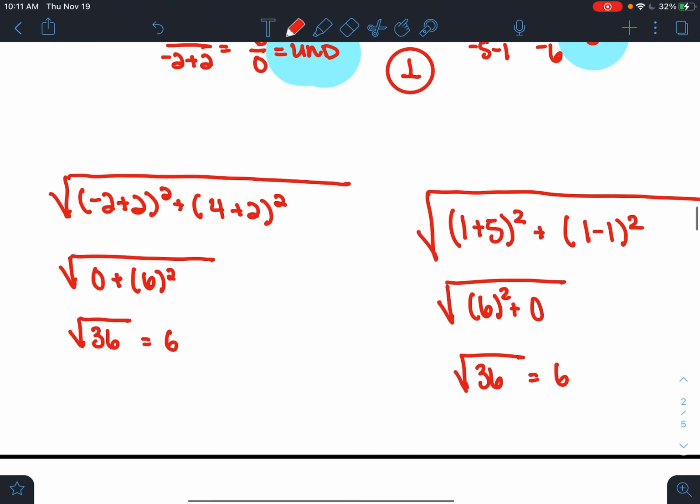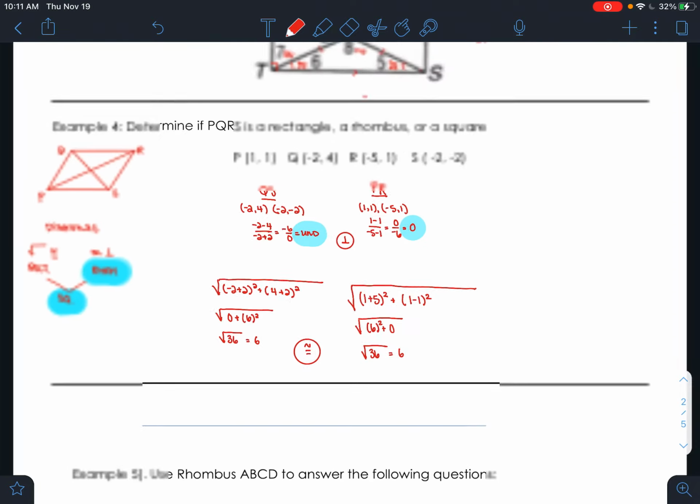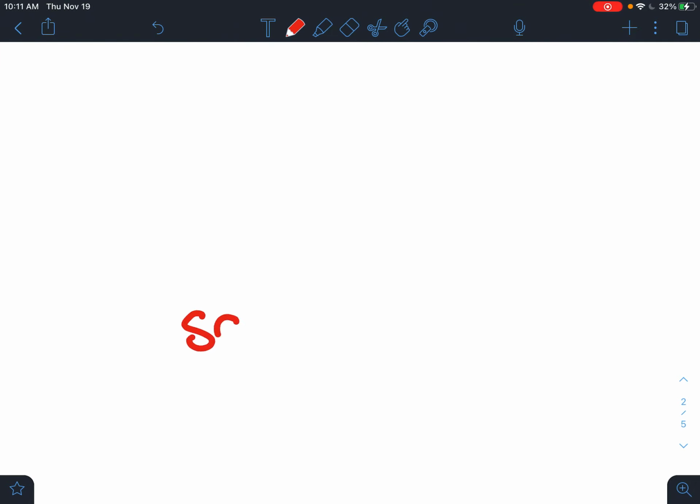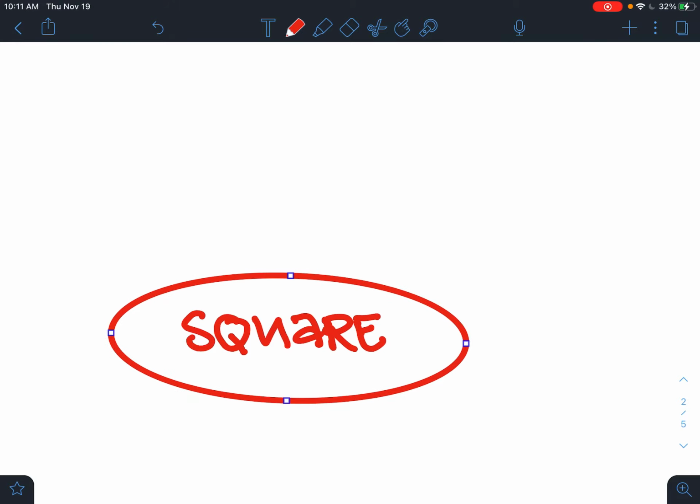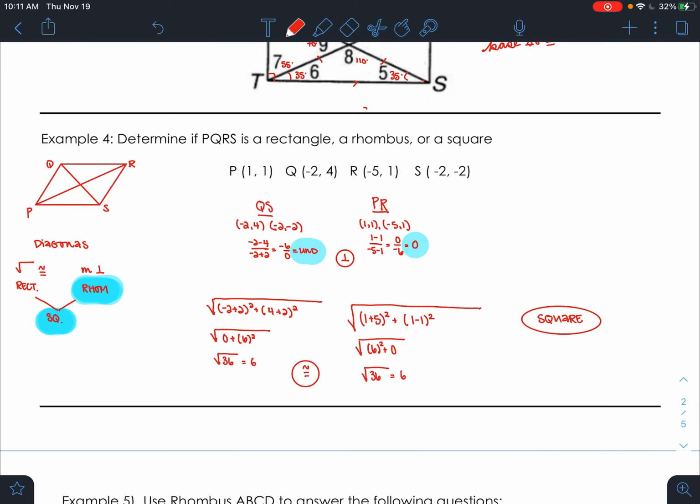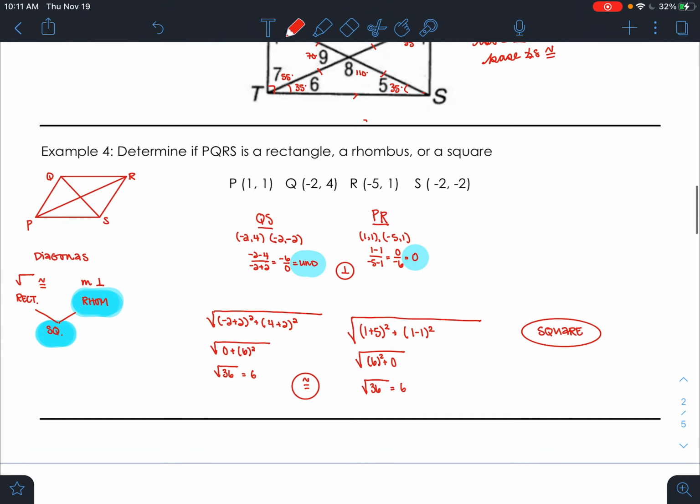So as you can see, my diagonals are also congruent. Because they're perpendicular and they're congruent, I know that this figure is a square. All right, I'm going to pause there and come back with